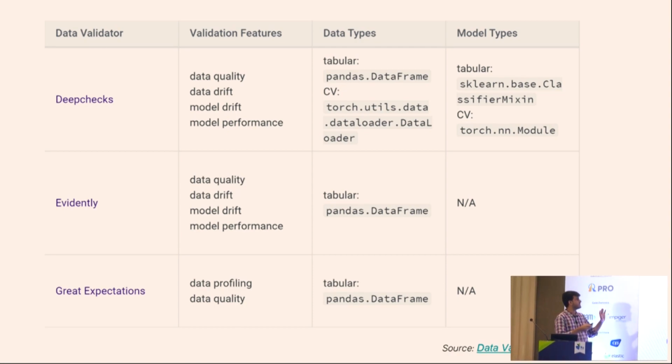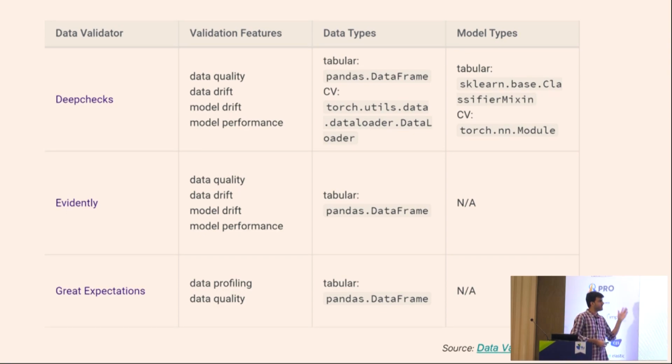This is just a slide from the documentation which I have. This is the ZenML documentation. It helps you check between different tools. So we have these pages for every stack component. And there's, say, a comparison between Deepchecks, Evidently, and Great Expectations. All of these are data validators. Data validators, again, a stack component in itself. And you can see there are multiple features that are listed here. So the documentation in itself helps you select what tool to use.